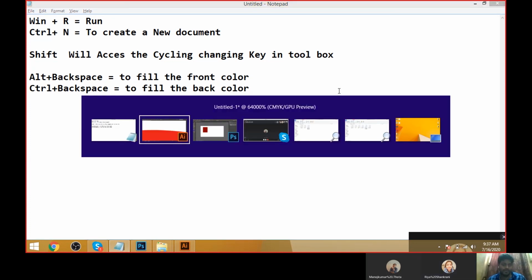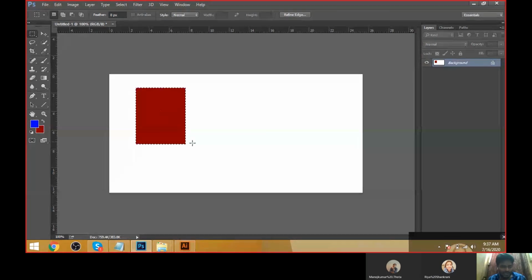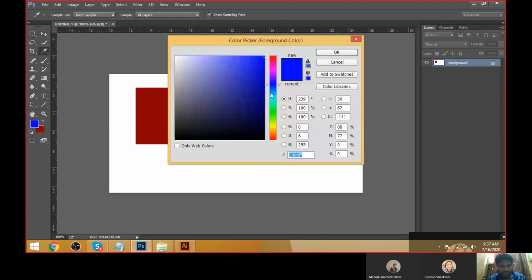Okay, these are the two colors. What is this one? This blinking area we call a selection. And how do we get the selection, guys? Just take the rectangular marquee tool and draw the selection in the document area. Then automatically the selection will be visible. Then we can change the colors. This is the color docker window. Just click on the color and we can move the slider bar. We can move the colors and pick the colors, and this one we call a picker.